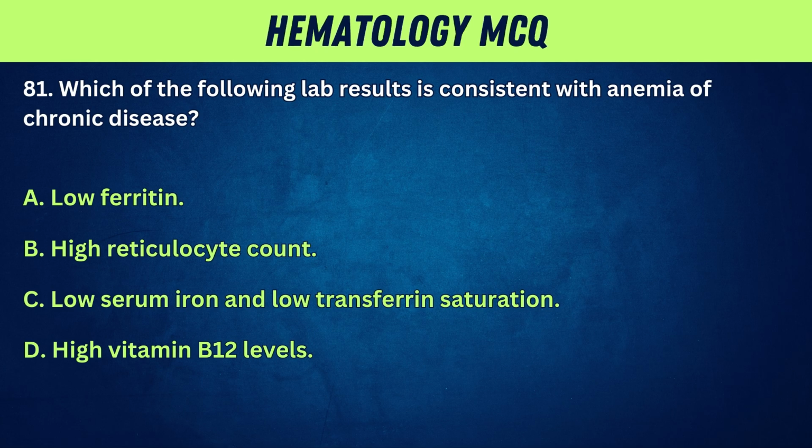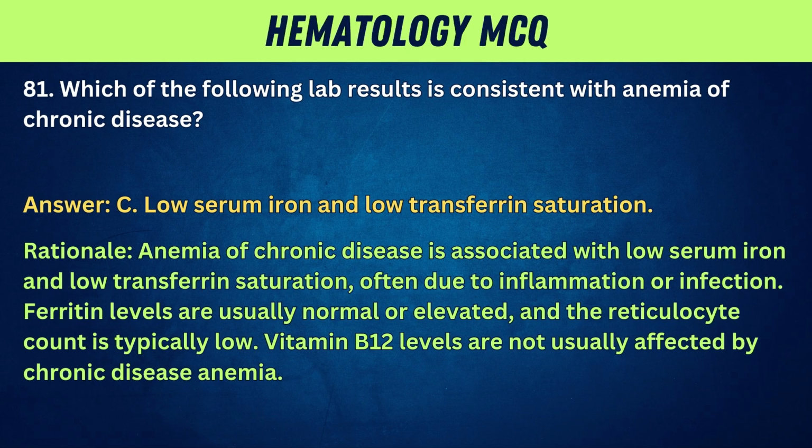81. Which of the following lab results is consistent with anemia of chronic disease? A. Low ferritin. B. High reticulocyte count. C. Low serum iron and low transferrin saturation. D. High vitamin B12 levels. Answer: C. Low serum iron and low transferrin saturation. Rationale: